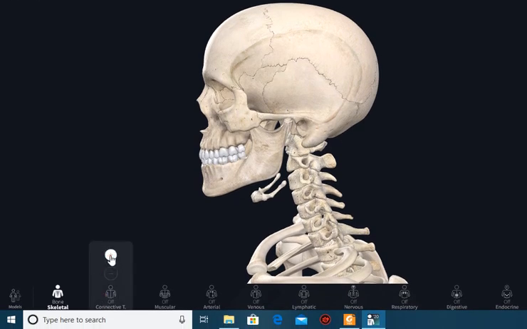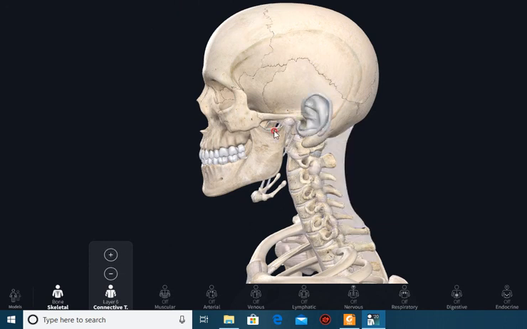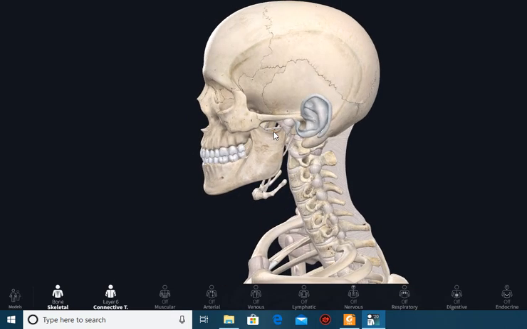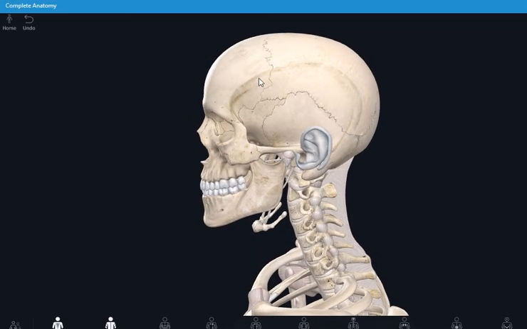Now, to see the connective tissue, you need to add the connective tissues. So we are going to add the connective tissues in the head. I'm going to have this. Now, at the first point, you see that the main characteristic of the head is going to be the